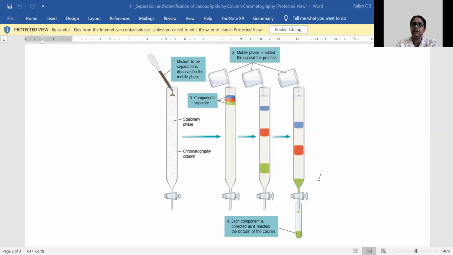Now, if it is colored compounds, it's very easy to separate, because if you have a mixture of red, green, and yellow plant pigments, and you want to separate them using the silica gel, then it's very easy to do that, because the three have different affinity for silica gel, and they will be separated at different times. And it's very visible, because one is red in color, one is green in color, and one is yellow in color. Then it will be so easy to identify and separate them.